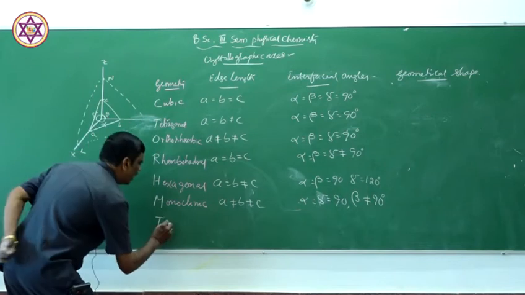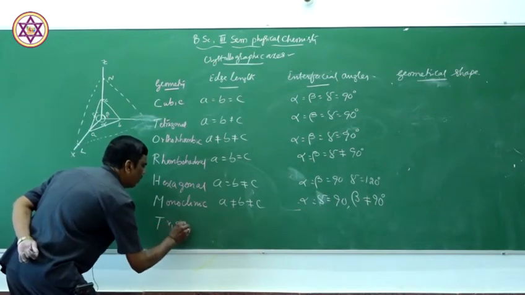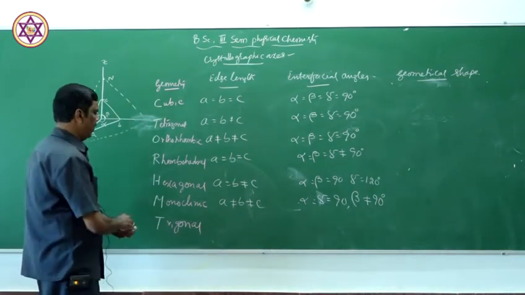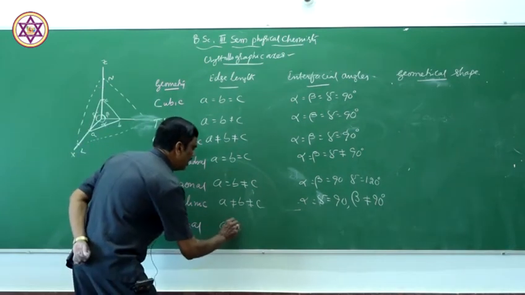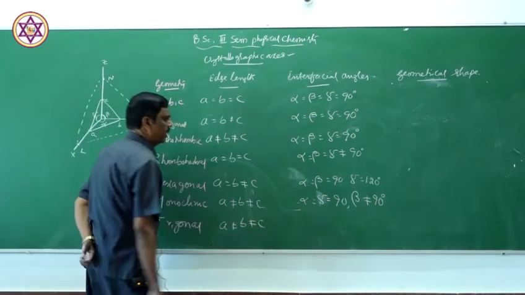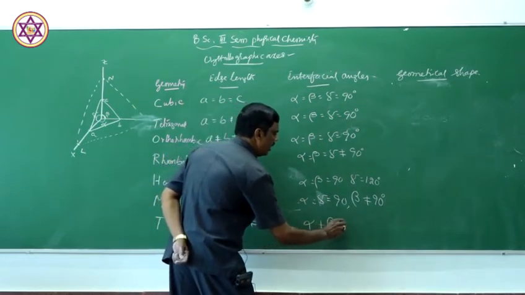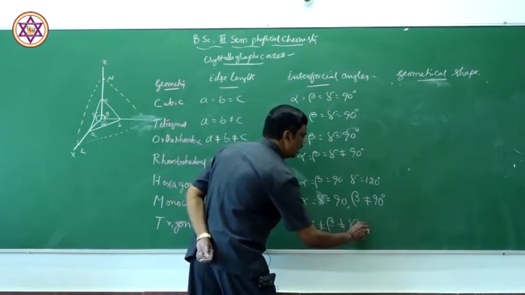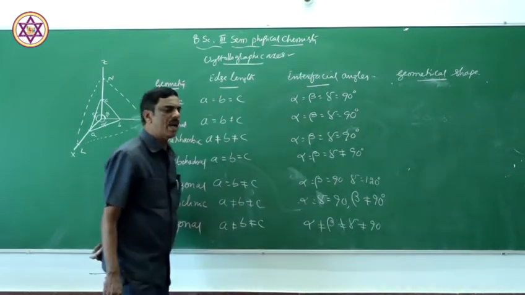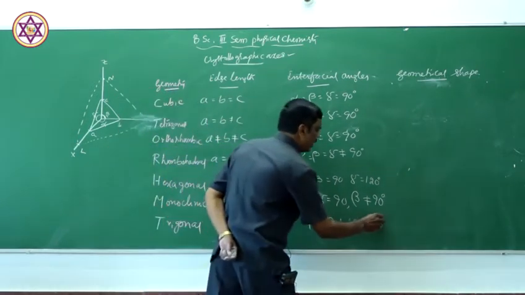Another one is trigonal shape. In this trigonal shape, A is not equal to B, not equal to C, and alpha is not equal to beta, not equal to gamma, not equal to 90. All of them are not 90. So this is the relationship. So therefore,